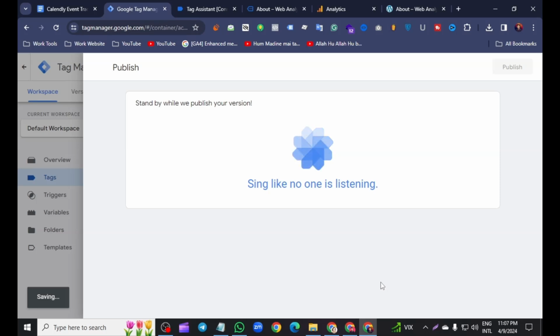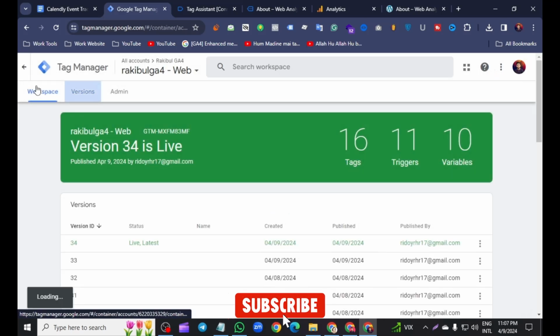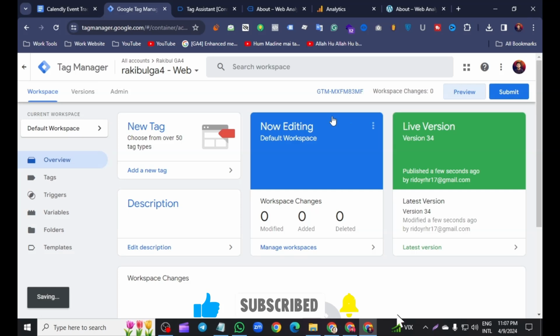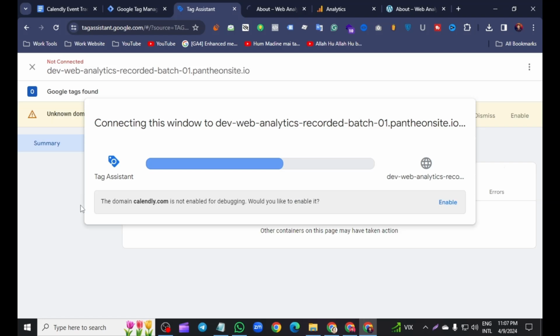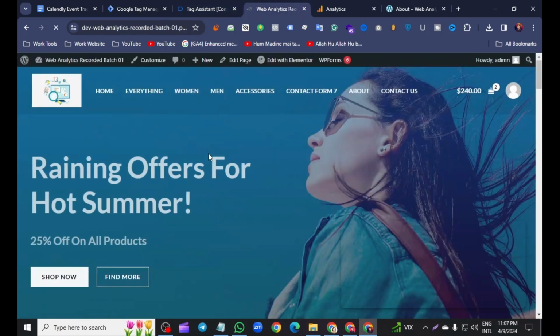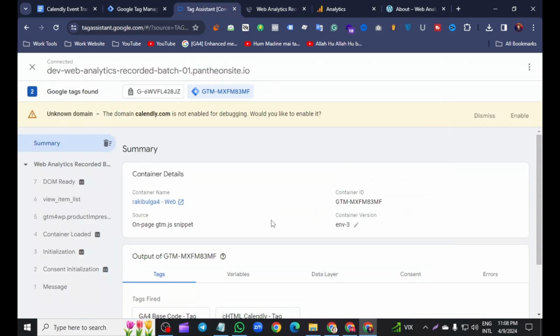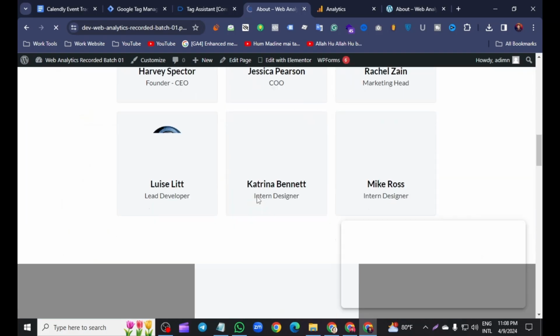To see whether it actually works or not, give me some time, it's loading here. Go to WordPress and preview it. Okay, just connect, and look at that, our Google Tag Manager and our website are already connected. Go to the about section and scroll down,